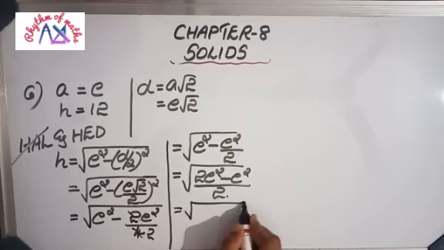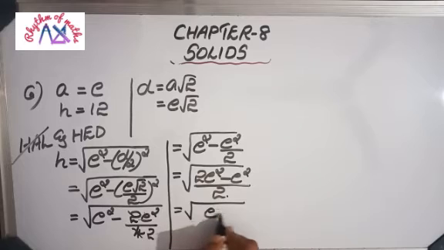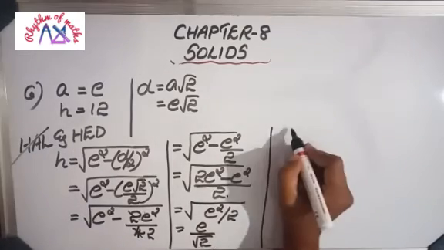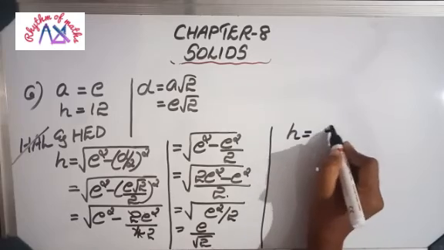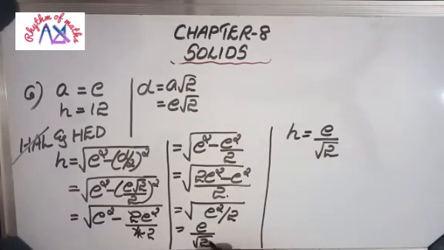Again, that is equal to 2e square minus e square. So when you subtract this, you will get e square as the answer. Then, e square by 2. When you take this e square outside, e square under the root comes out as e. But the 2 inside the root stays, that is e by root 2. So what is e by root 2? Height. Here we got h equal to e by root 2. As per the equation, h equals e by root 2.